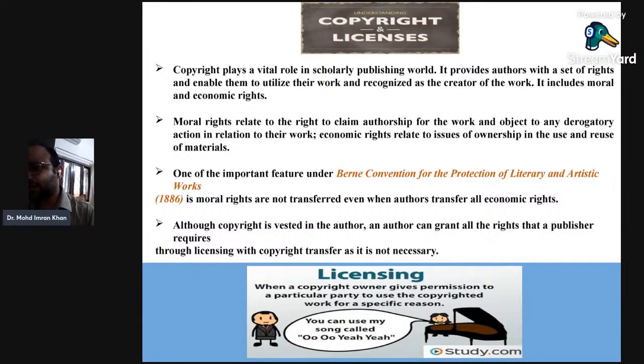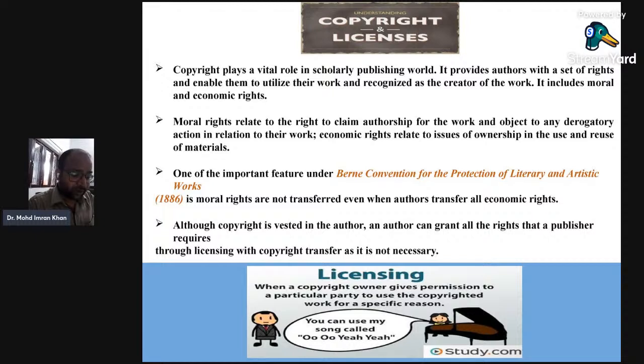And obviously the author has died, but they will remain intact with the legal heirs. Obviously, you cannot deny authorship to the author, even after thousands and multiple thousands of years. The author will remain the author. But you can use that work, you can edit that work, and you can make money out of that work. That is a different thing. So in copyright also, you have to wait for a long period of time, right?